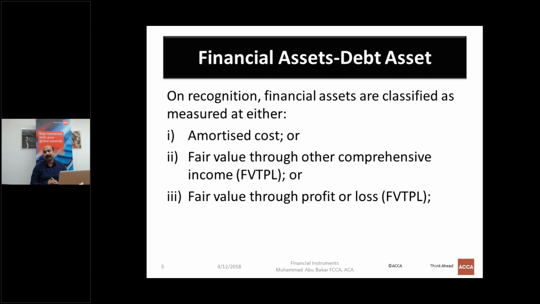Number two, you want to avoid accounting mismatch. You want to give a more appropriate presentation of that financial liability. Otherwise, you will be measuring your financial liability at amortized cost. This means amortized cost is the default position. Similarly here, fair value through profit or loss is the default position. There should be